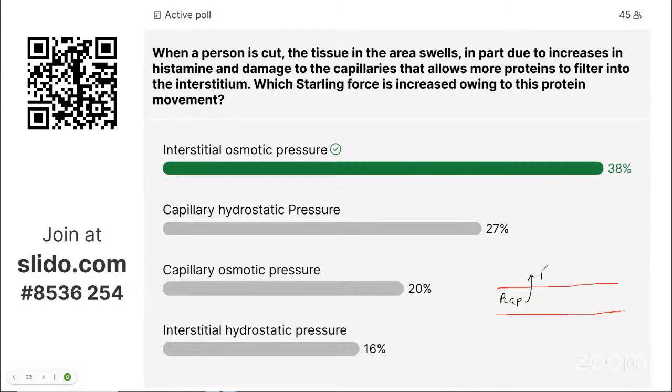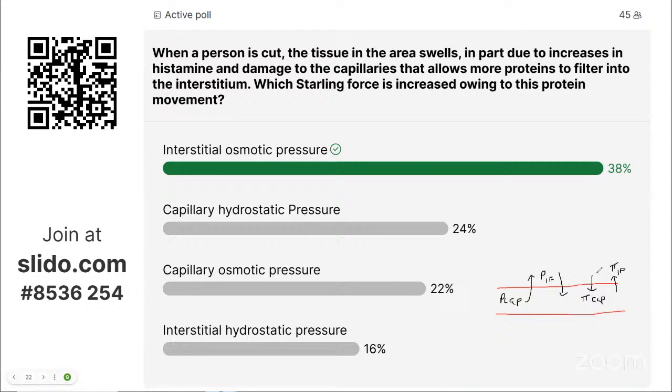We have hydrostatic pressure in the interstitial fluid pushing in. We've got osmotic pressure in the capillary pulling towards proteins. So that's an in. We got osmotic pressure in the interstitial fluid pulling towards itself, which means that's a force